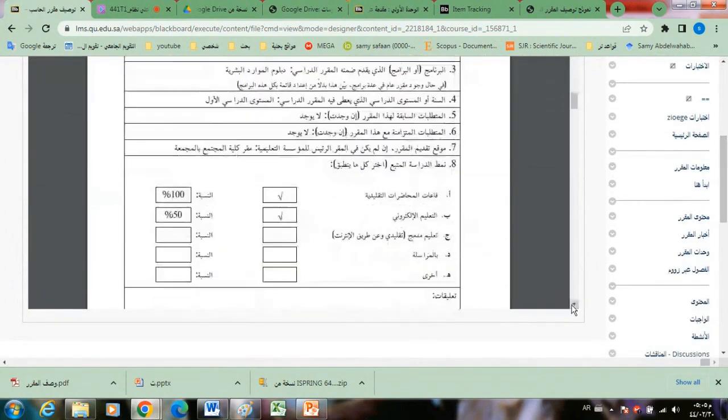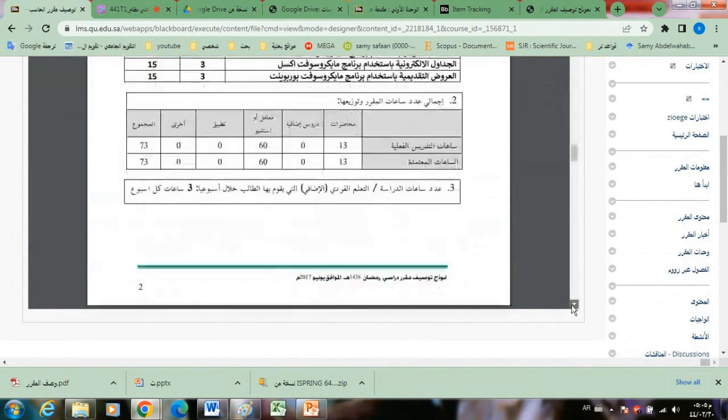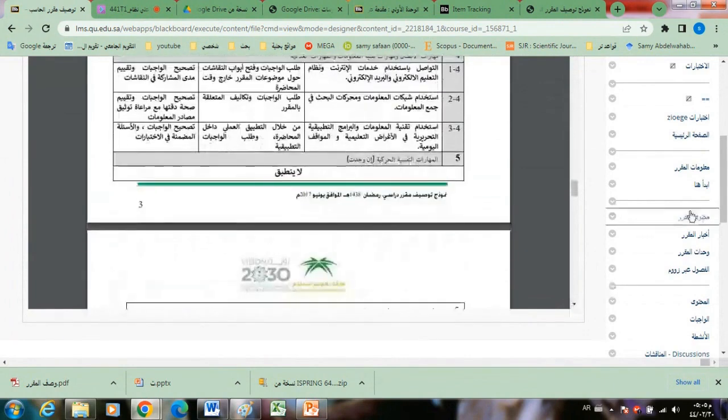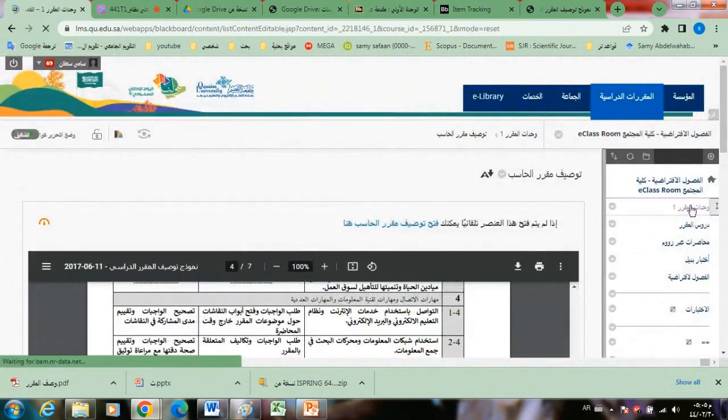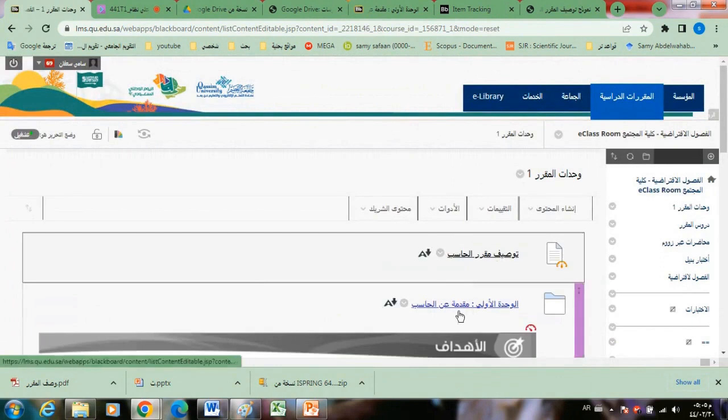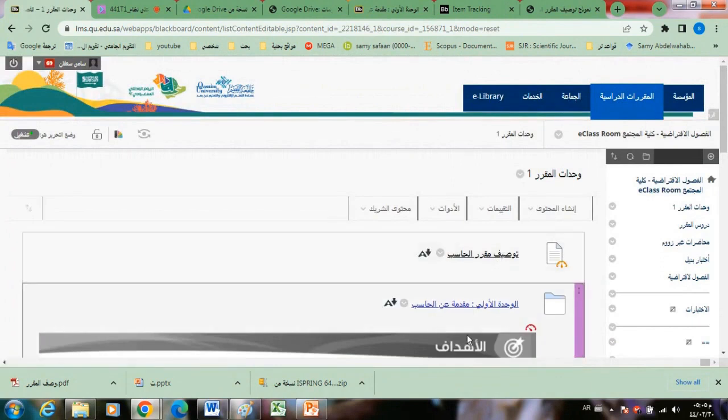They study this subject, this and that, and the assessment is this, and the system is that, and everything about the course. All right? So the first thing the student sees in the course is the description, and then they go into the units. This is a method. The second method, doctor, that you're talking about, is the method where he doesn't have a